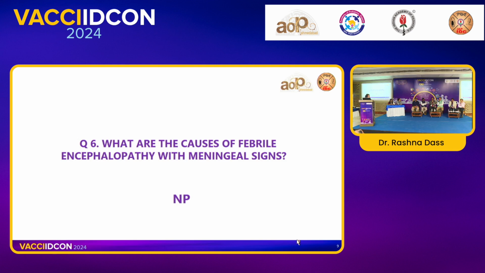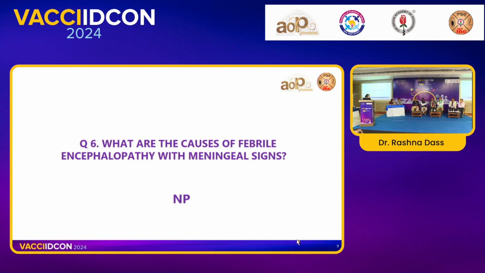What are the causes? It would be a simple meningitis, it would be meningoencephalitis, or it would be acute disseminated meningoencephalitis. These are more of the localizing definitions: meningitis, meningoencephalitis, and now these are overlapping syndromes. You don't get a simple meningitis; there might be a component of encephalitis. If it is a metabolic cause, you get more of encephalopathy. So for me, the etiological things are overlapping.